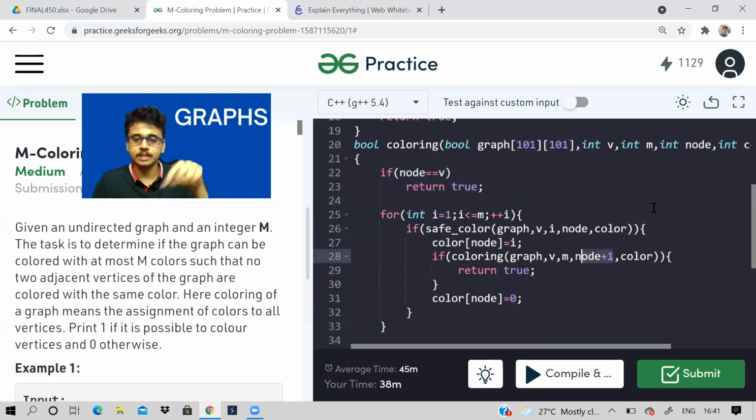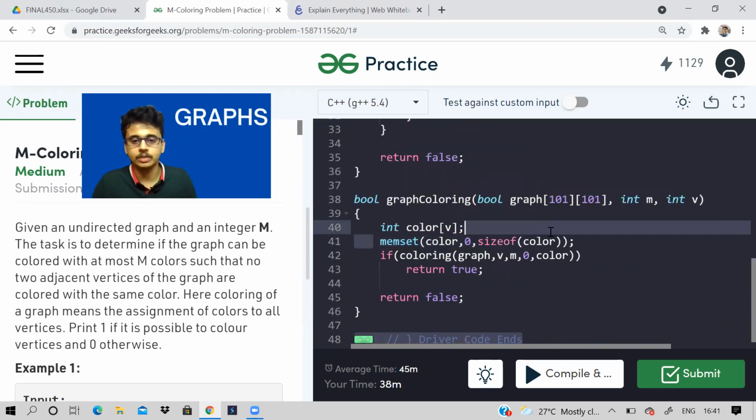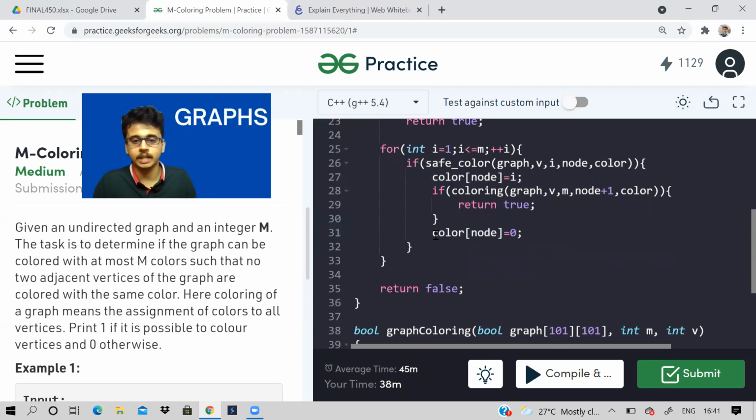So first 0 was there, now 1 will come, then 2, then 3, like that. If it is true, it will return true here only. If it is not true, then I have to backtrack. So this is the backtracking step, where I am resetting the value in the color array to 0. It was originally 0. Now we set it to 0 here. That is why I'm setting it back here.